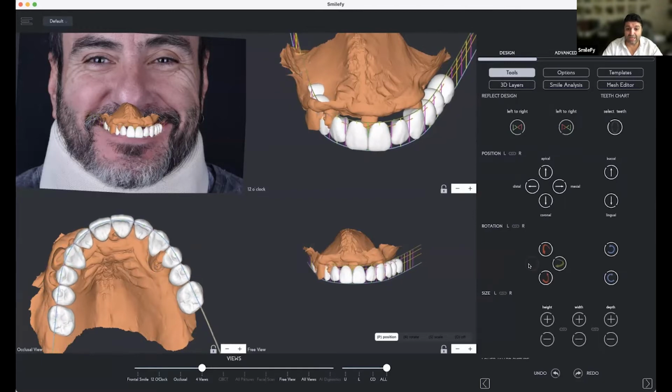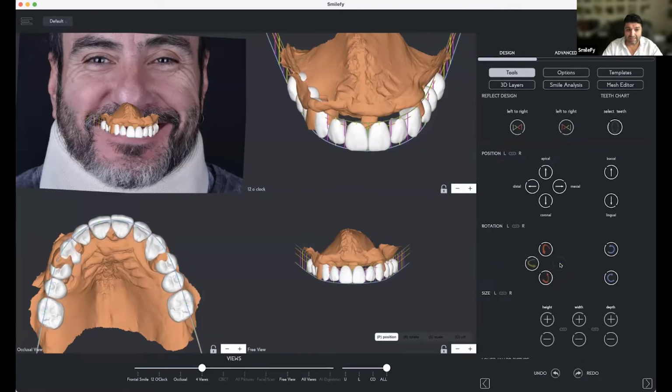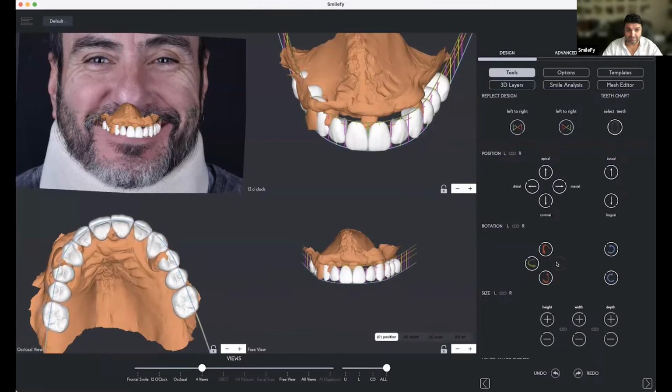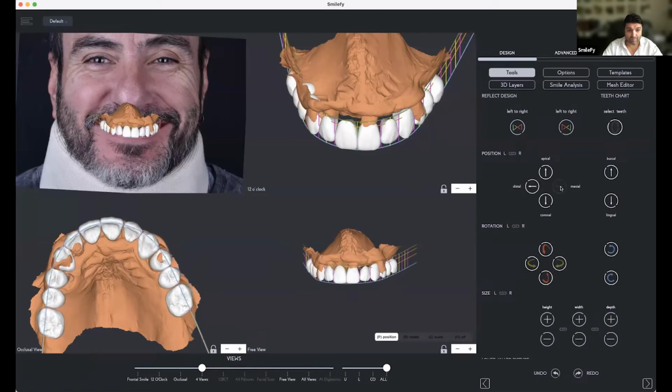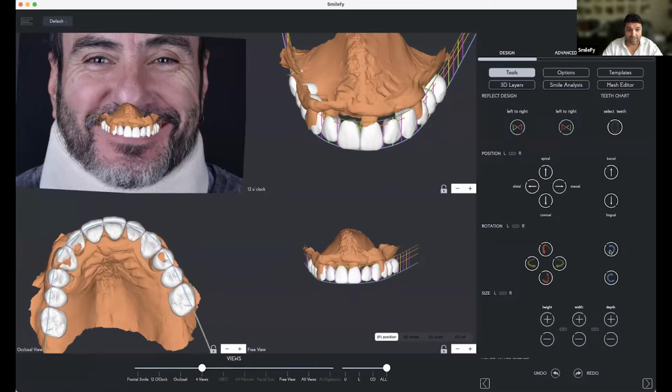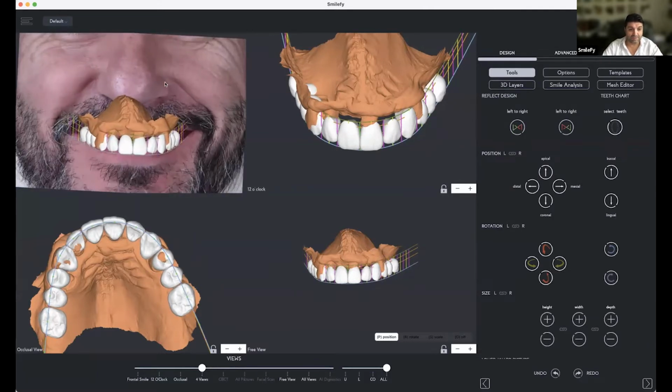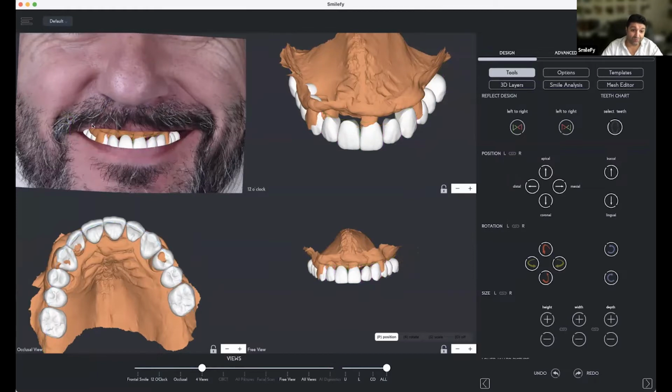You see, I can change everything like this. I can change the angulation. Let's see where we are in the face. Unfortunately, that's the challenge.